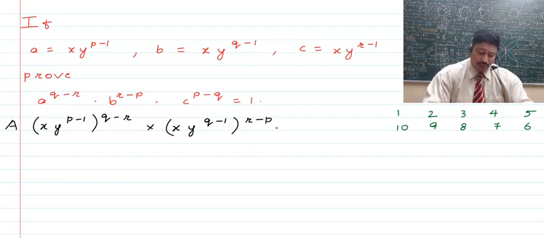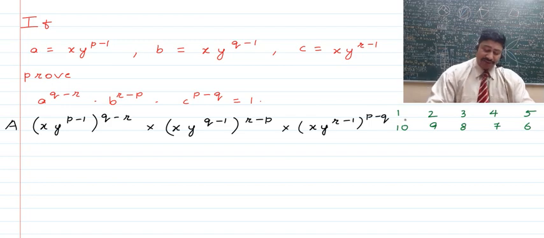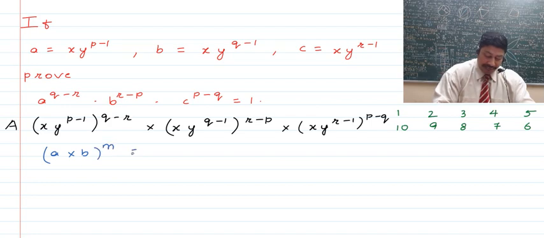Next now children, we have C, which is x y raised to the power r minus 1, and now this is to be multiplied, rather whole multiplied with p minus q, as p minus q is the index. Now the product of all of this has to be shown to be 1, so at the moment we are going ahead with the left hand side, which is more manipulative, and we will bring 1 with it to show that this is true. Now children, we have this rule that if we have say some a into b which has a whole power of m, then that becomes equal to a raised to the power m into b raised to the power m.